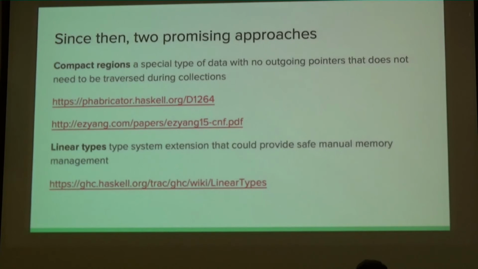Having said that, on the Stack Overflow answer that he's provided, there's this thing called compact regions, which I think might make it into GHC 8.2. I'm not particularly aware of the details, but it's a way of having a special data type that doesn't need to be traversed when you do a collection, which looks really interesting. In theory, it sounds like it would solve our problem if we use that for the storage,